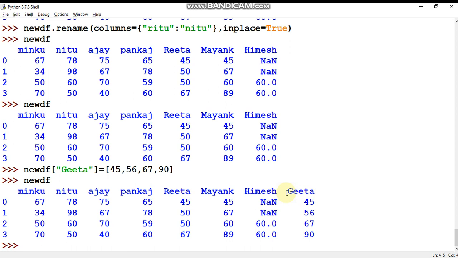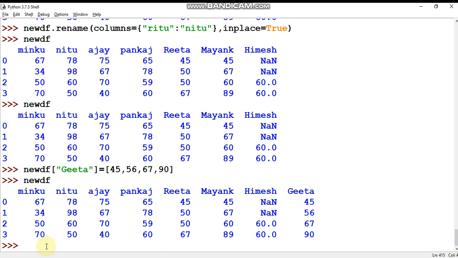So once again I'm going to repeat the same thing, how we can add a new column in a data frame. The procedure is very simple. Just use the data frame which you have created, write the new column name here in the bracket, in big bracket, and just pass the values of this column and press enter. The new column will be added here. But one problem you can see here.